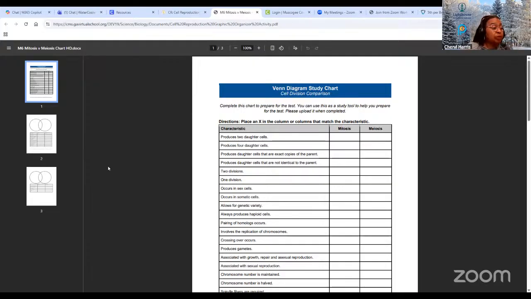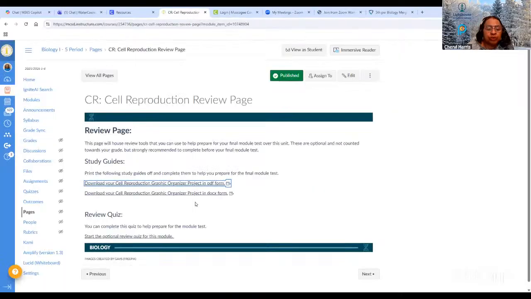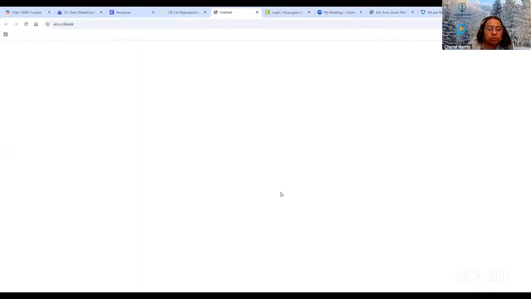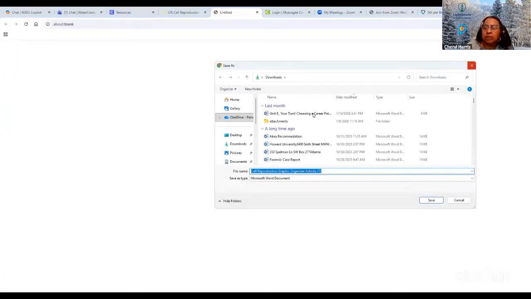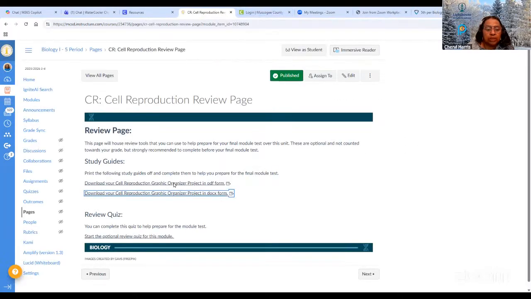That's why I didn't open it, because it won't open on the screen. It'll just cause me to download it, and I don't need to do that. But you can open the choice for a doc file, and that way you can write on it. This one down here doesn't work, so don't worry about that. But you can download either one of those.